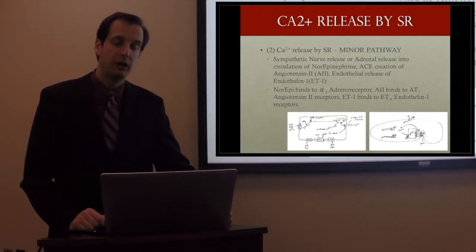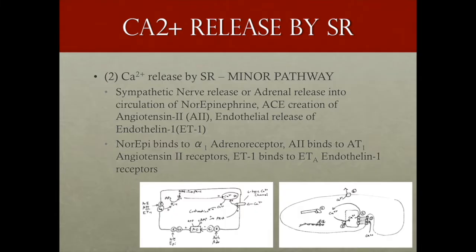The minor pathway by which the sarcoplasmic reticulum is stimulated to release calcium is as follows. Sympathetic nerve release or adrenal release of norepinephrine into the circulation, or creation of angiotensin II by angiotensin converting enzyme, or endothelial release of endothelin 1 will create substrates that bind to specific receptors. Norepinephrine will bind to alpha-1 receptors, angiotensin II binds to AT1, angiotensin II receptors, and endothelin 1 binds to ETA,